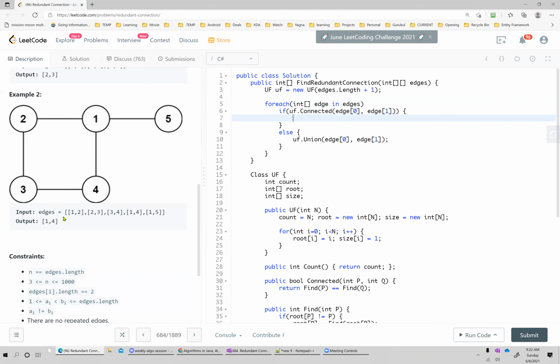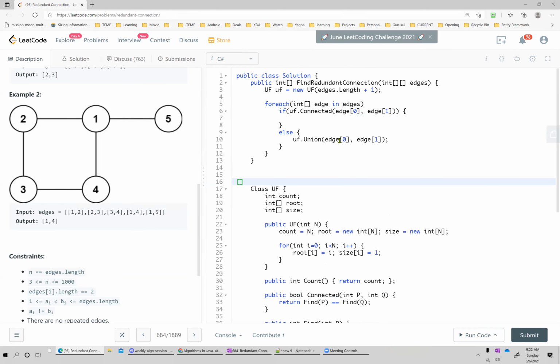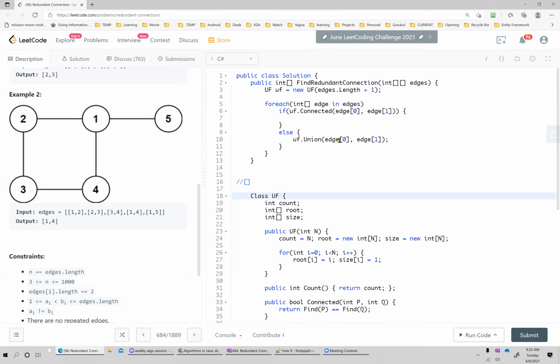Yeah. So let's see this. Let's say that 1 and 2. So when we connect 1 and 2, in the beginning, nothing is connected, right? Basically, this is what we are maintaining, our group. So initially, it was like 0, 1, 2, 3, 4, 5.